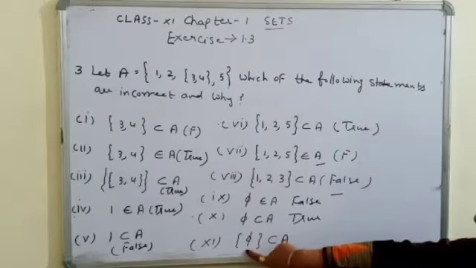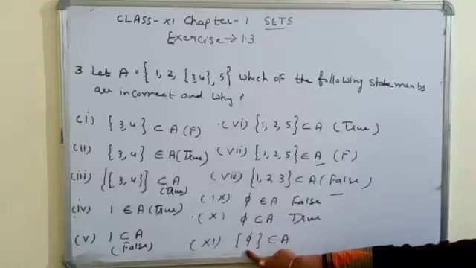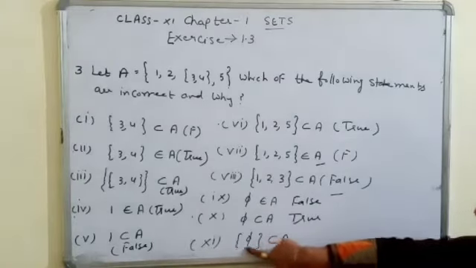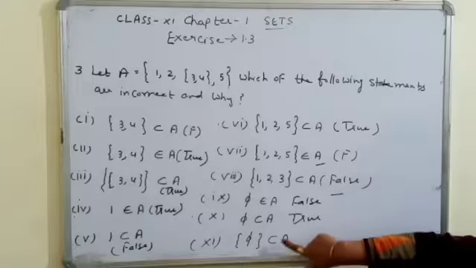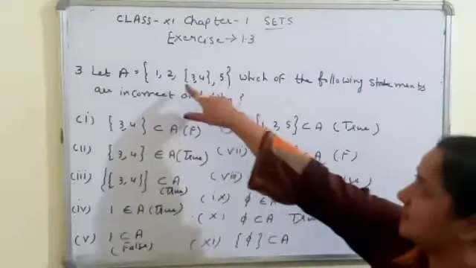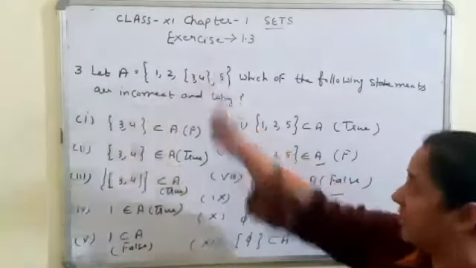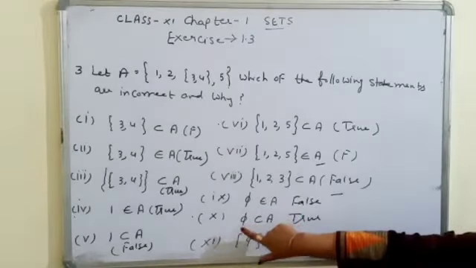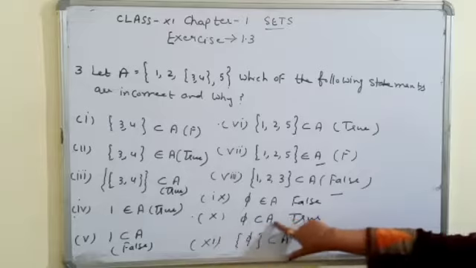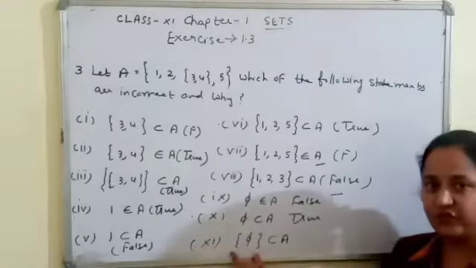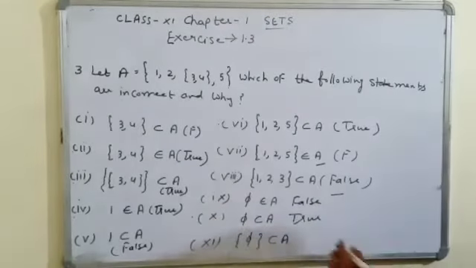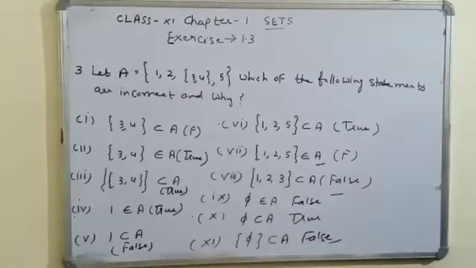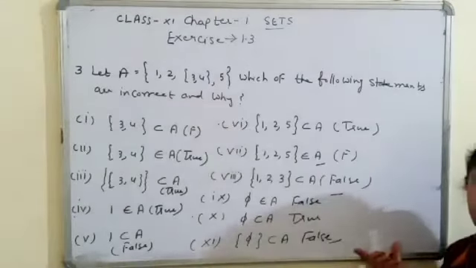No. Here phi is not empty; this is in the form of a set. So is the set {phi} a subset of set A? No. There is no phi present here, so we can't write it as a subset. If phi were a single element of A, then {phi} would be a subset of set A. But as it is, the set {phi} is not a subset of set A. So this is a false statement. This was question number 3.